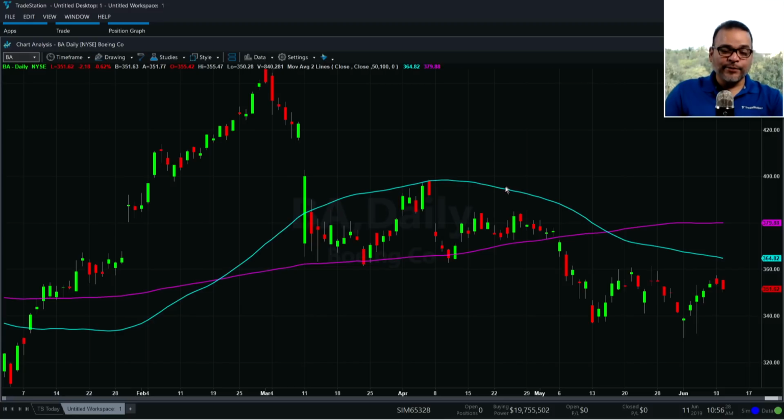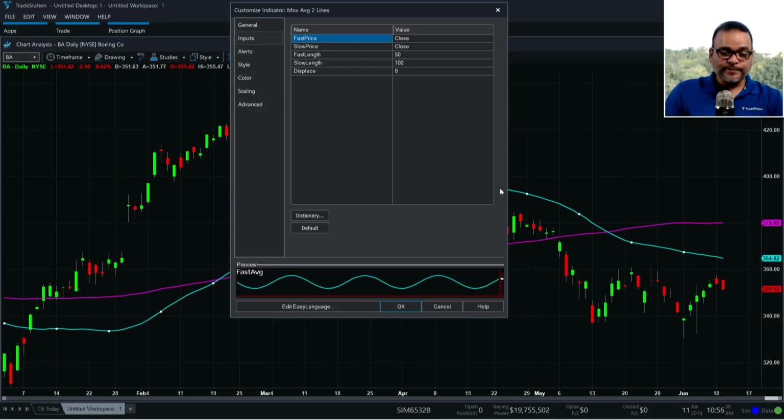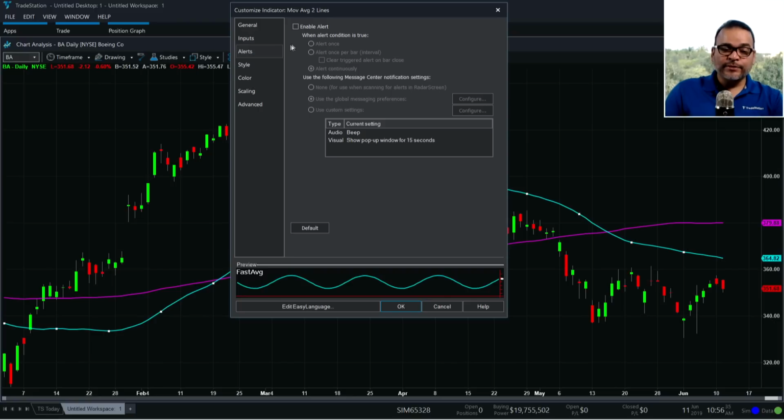Well, again, I'm going to double click on the lines and go to the alerts tab. And all you need to do is enable the alert. So you don't have to go into the configuration and the conditions and the criteria because that's already pre-programmed. All you need to do is come over here and enable the alert, and it'll do an alert based on